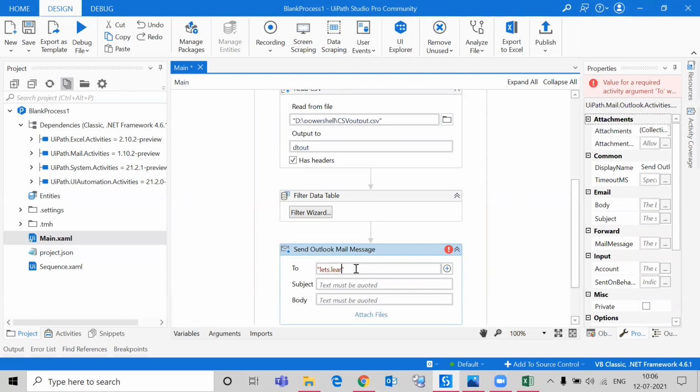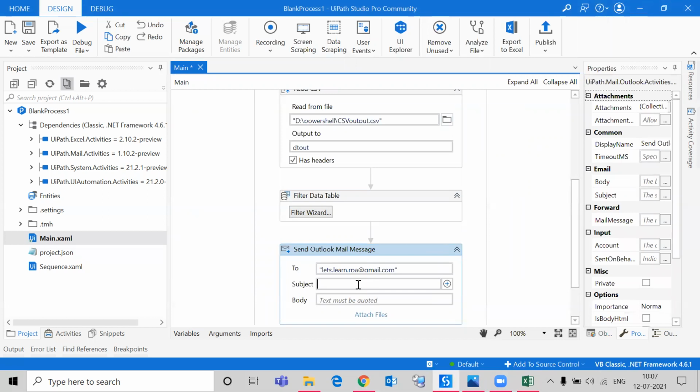Let's learn RPA. The respective subject.